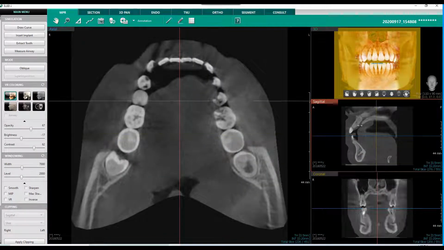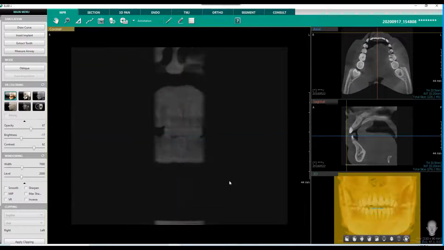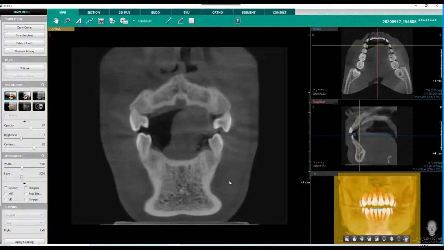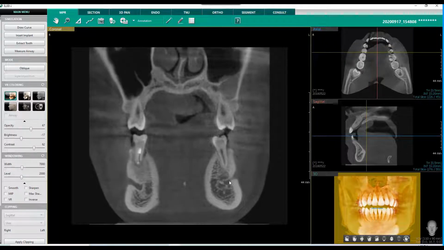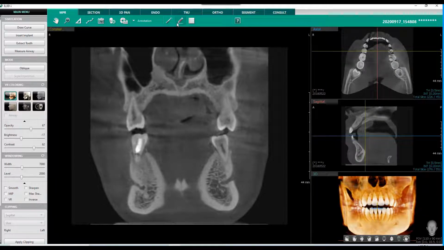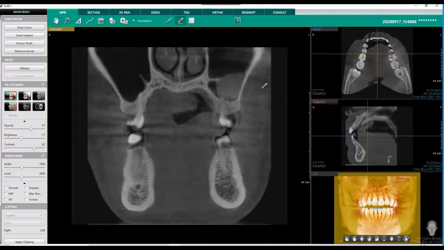Next, we'll do the same thing with our AP view. In our coronal window, switch this to the main view, hit the space bar, and now we're going to scroll back rather quickly, going through our scan, looking at the overall view. Once I find the area of interest, we're going to stop right in here, make a notation, take our screenshot there on that retreat, keep scrolling back posterior, make a note, take our screenshot,